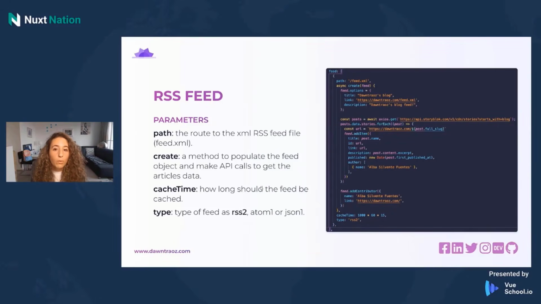So for example, if you upload an article, it will not be immediately updated, but maybe after 1 hour, 2 hours, whatever you put there. And then the type of feed that you are generating. In this case, we are generating RSS2, but you have other options. So what you can see on the right is just the code I have to write to get my posts